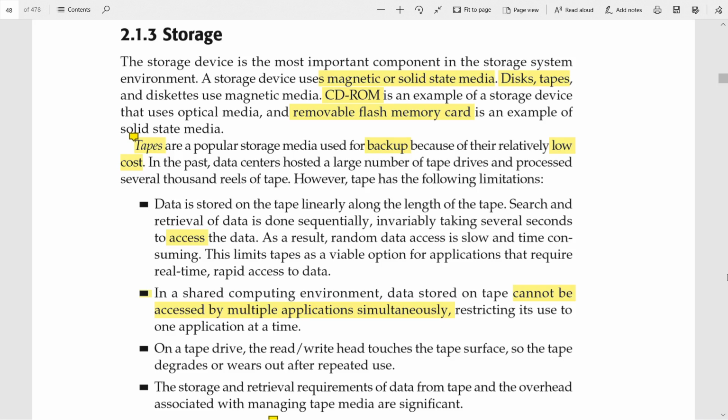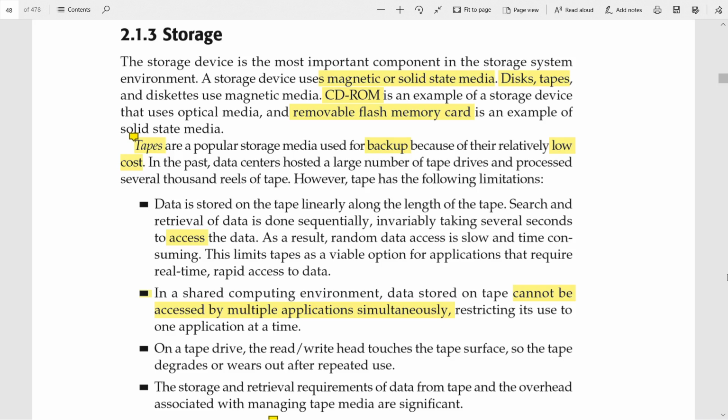Memory is implemented by semiconductor chips, and storage devices are made up of optical or magnetic media. Memory is of two types: random access memory and read only memory. But here we are going to see the storage media, not the memories.